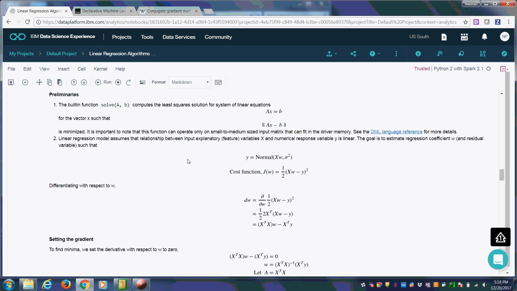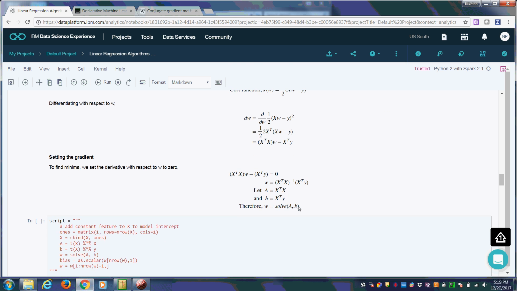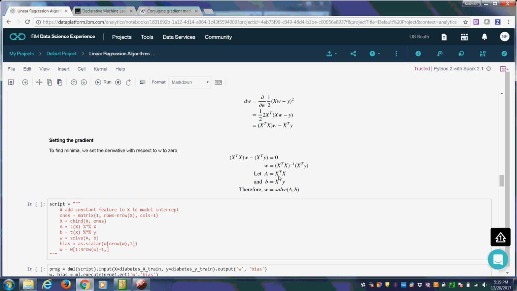Linear regression model assumes that the relationship between features and response is linear. The goal then is to estimate the regression coefficient W. In this example, we'll assume a squared loss. Let's differentiate the squared loss with respect to W, and we get this expression. We set the expression to 0 to find the minimum W, and after rearranging the terms, we get W to be this expression, which can be solved with our solve built-in function